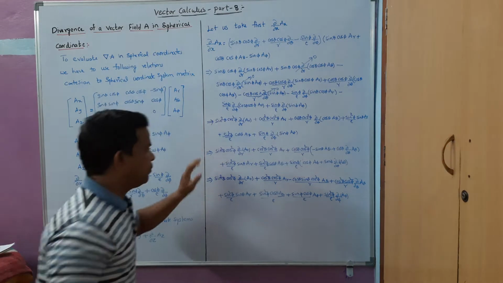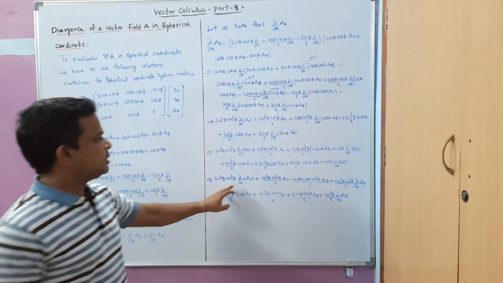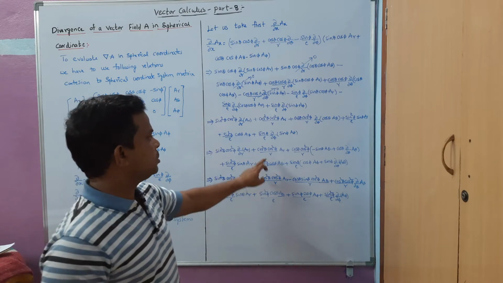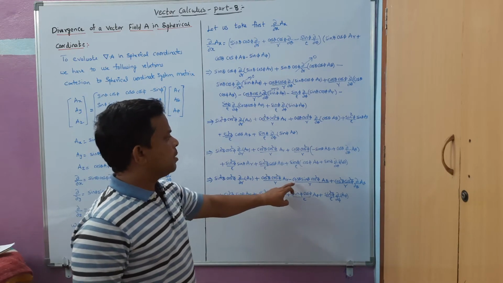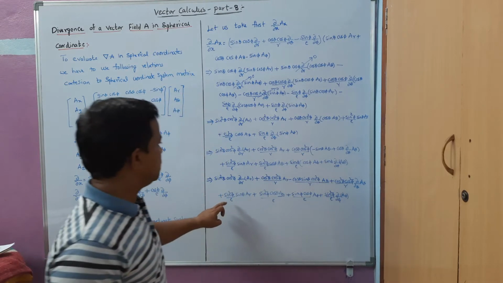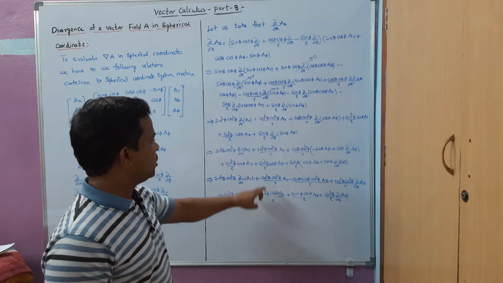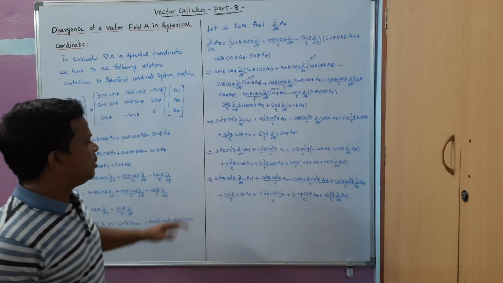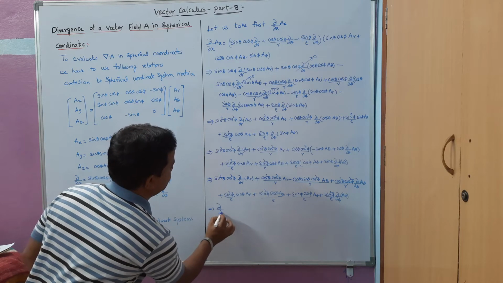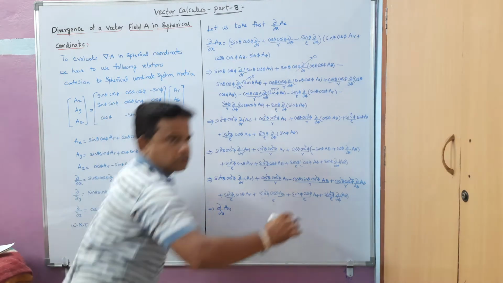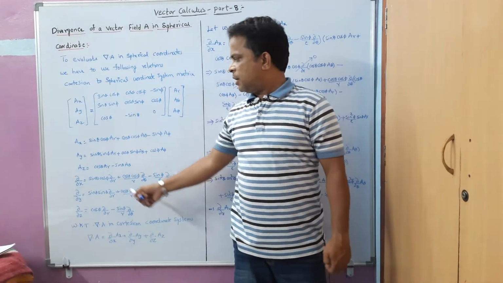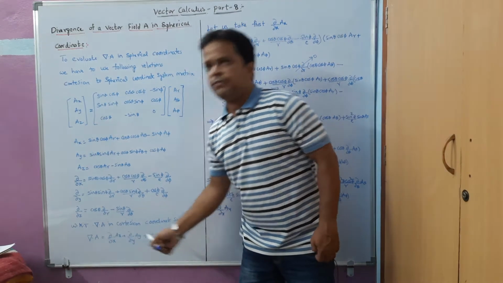And finally after multiplication, we get this result, that is sin square theta cos square phi dou by dou r of Ar. Next cos theta, cos square theta cos square phi by r Ar. We have just taken the product here and written the same thing. Finally we have got the value of this one as dou by dou x of Ax. So after deriving this dou by dou x of Ax, next we will try to derive the dou by dou y of Ay.